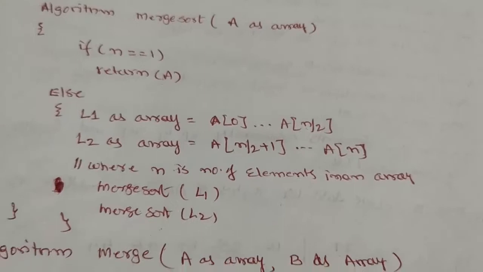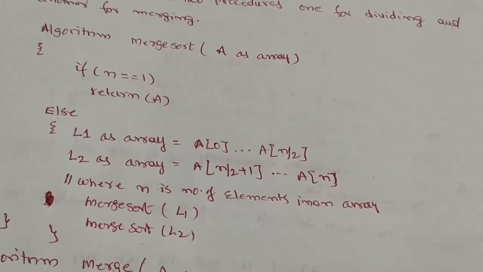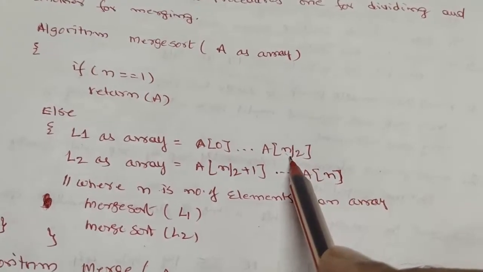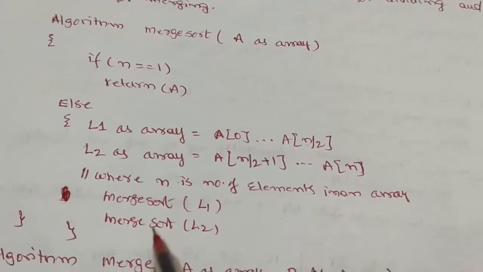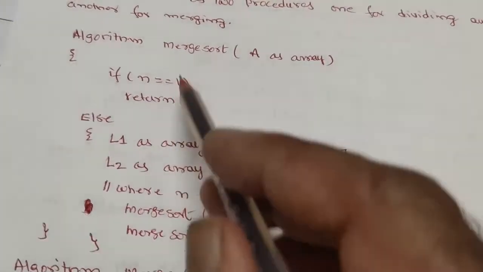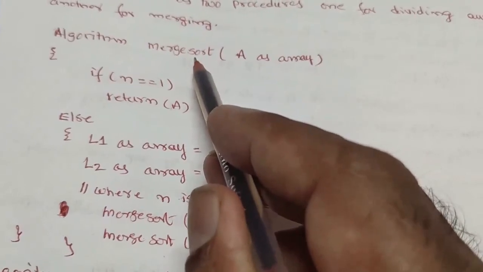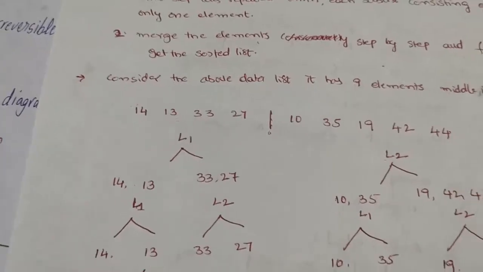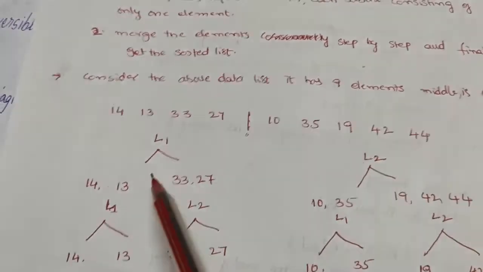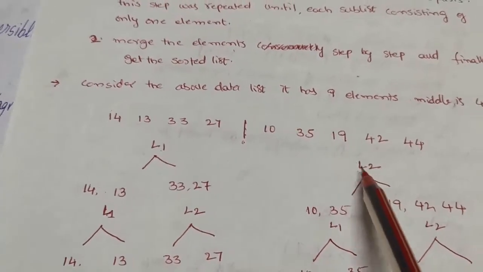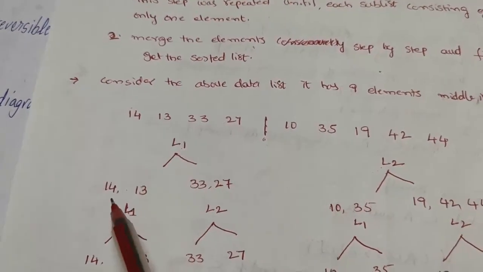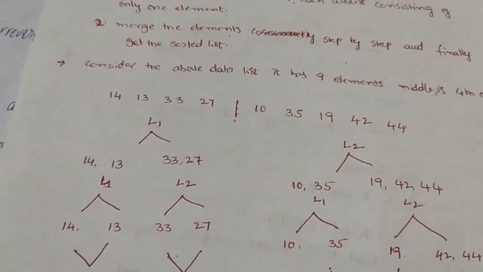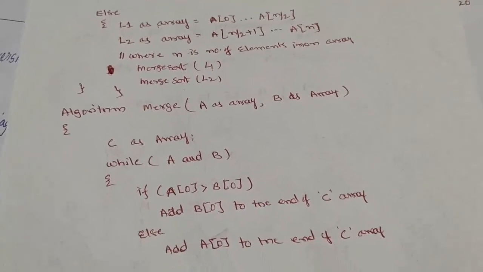Dear friends, please observe clearly. After list L1 has A[0 to n/2], that means half of the elements, I again call merge sort on L1. Again, this is a recursive algorithm. Merge sort is called again; L1 is again divided into two parts. Please observe carefully. Suppose the first list is divided into L1 and L2. Again I call merge sort, and L1 is again divided into two sublists. So by using the recursive merge sort algorithm, I complete the sorting procedure.